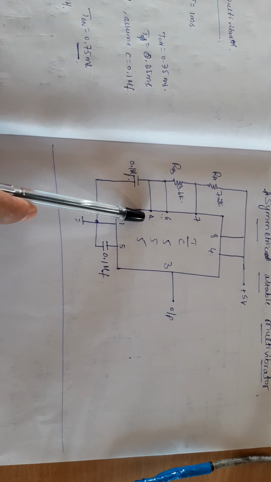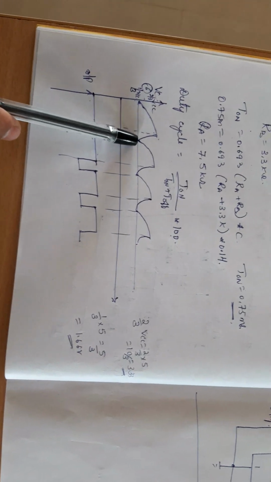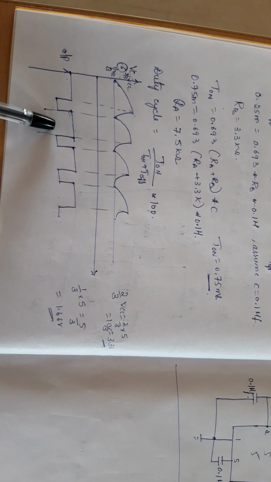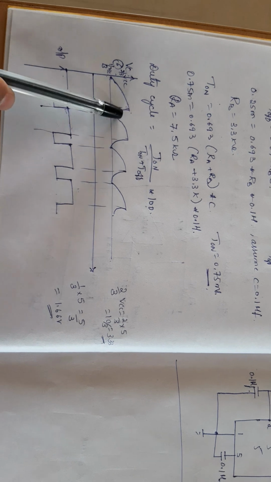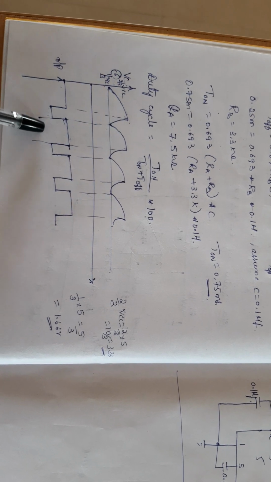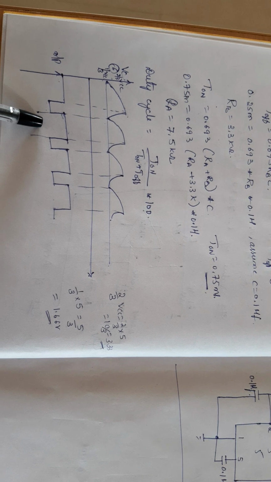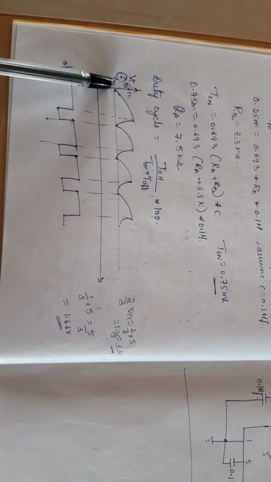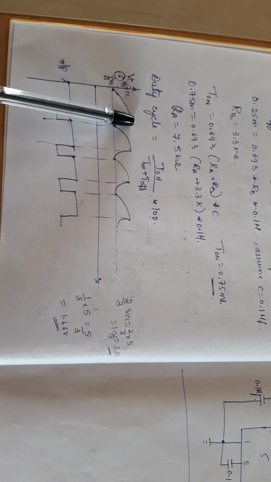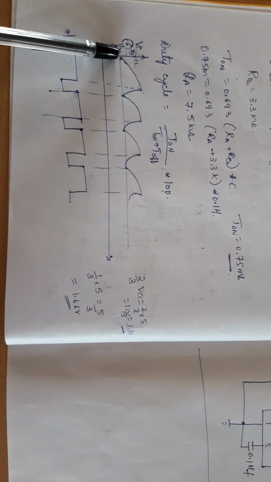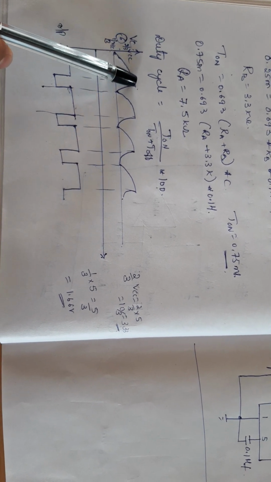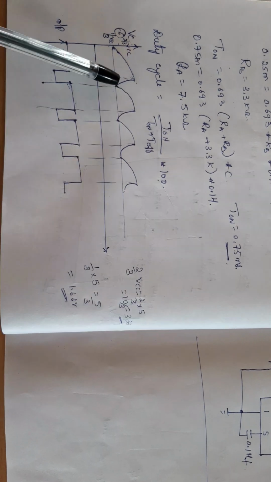Here when we see the graph, we can clearly find that this is at pin number 6, and this is at pin number 3. Pin number 6 shows the charging and discharging of the capacitor, and this one is the output waveform at pin number 3. We can observe here that the lower value is 1/3 of VCC and the upper threshold is 2/3 of VCC. So the capacitor charges between 1/3 of VCC and 2/3 of VCC. The maximum value it can attain is 2/3 of VCC, and the minimum is 1/3 of VCC.